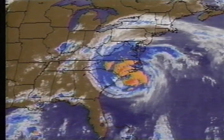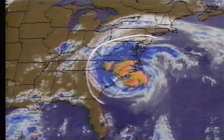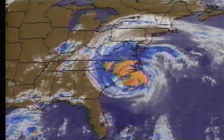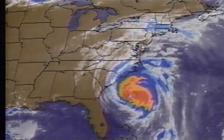Here's our broad shot of Hurricane Fran. You can see the expanse and the geography it's taking over about 3 or 4 states. And the other story, once it makes landfall, we'll get to a little bit later on, will be the tremendous amount of rainfall. That's right, and as long as we're on the subject of Category 3, Category 4, I think